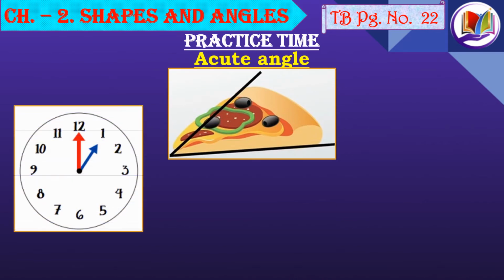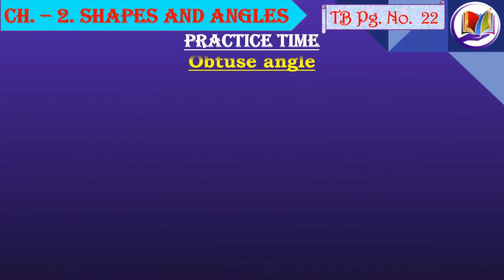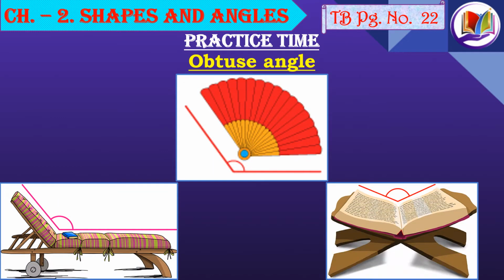Wow, these are the different objects that form acute angle. So you can try drawing these, or let's see if you have some more interesting ideas. Well, you can write the names of different figures that you think can form a right angle in the comments section. Now here are few examples for obtuse angles. You can think about your own shapes and objects that you find around you of obtuse angle and draw them.